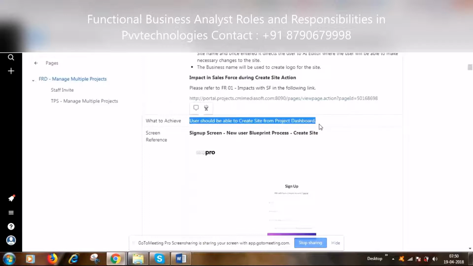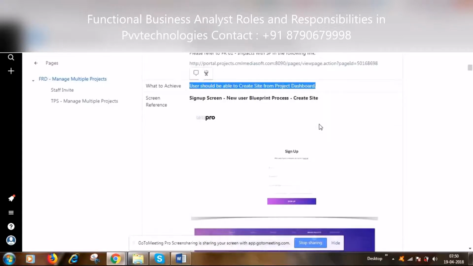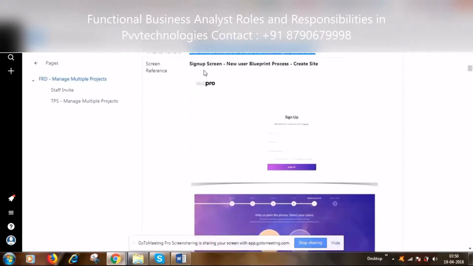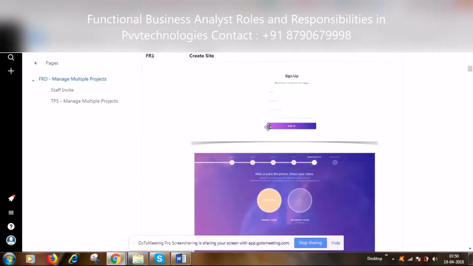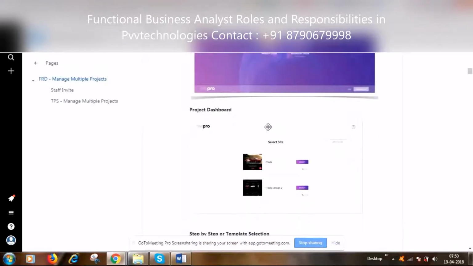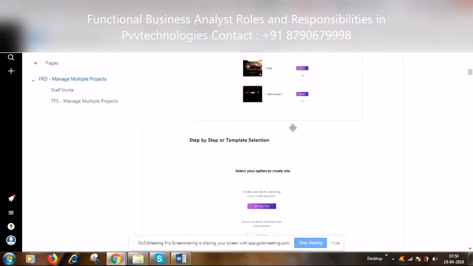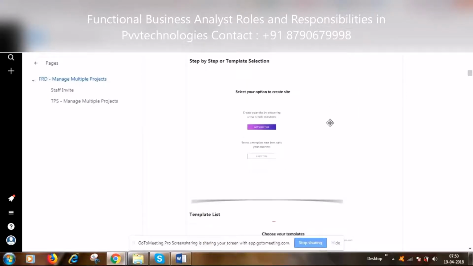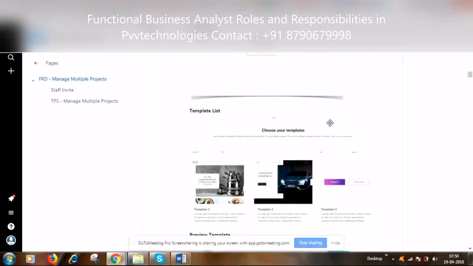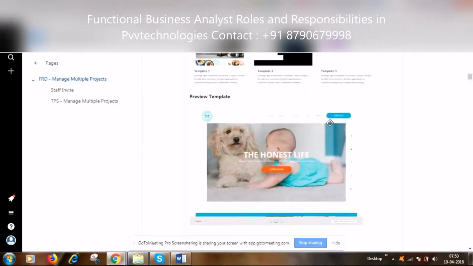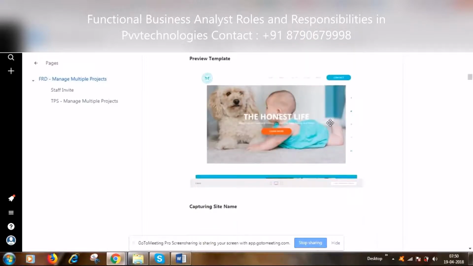Then followed by the screen references. The screen references here might be the wireframes or all the design screens you are going to do. So you are going to have the sign up screen followed by the process of the blueprint, then the project dashboard, how it looks. What are the other things related to it, like in this case the project template, previewing the template and then capturing the site name, likewise.